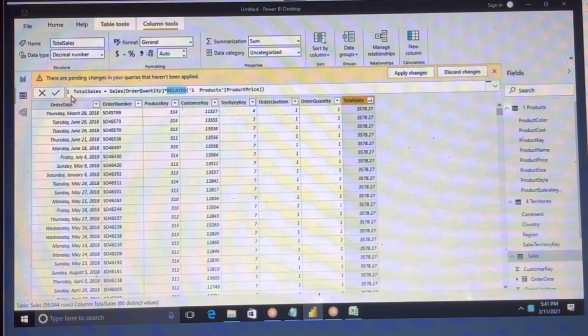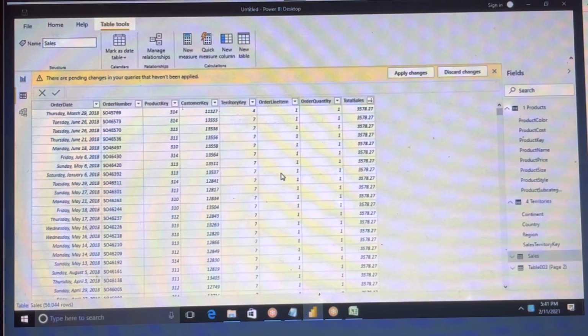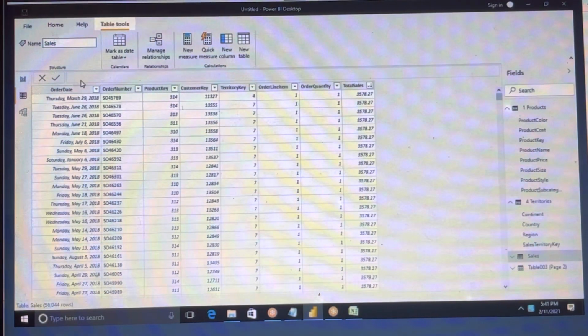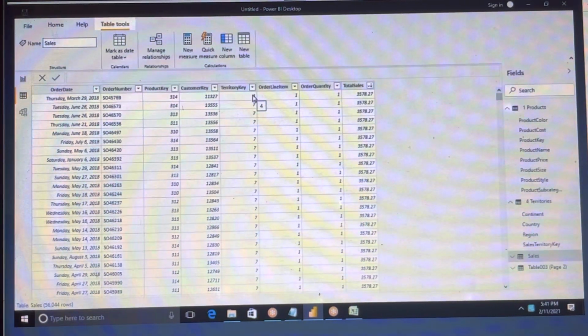Right? You have to understand in what scenario you will use RELATED. I have some information from one query and I wanted to use it with information in another query. Order quantity we have in one table and the price is in some other table, and I wanted to multiply them. If both are in the same table, there is no issue. But if they are in different tables, we need to use the RELATED function.